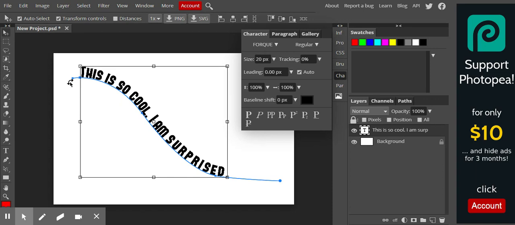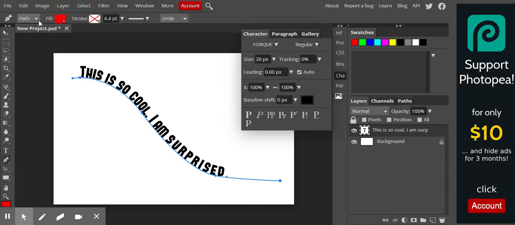So this is just something else. If you actually want to type on a path, you have to make sure that when you're in the pen tool, it says path. And it should definitely go away. The blue line will go away. It won't show up in your end product, but it does show you where it is and where you're going. Okay, so that's just a little extra something that's going on that I think you might want to use,